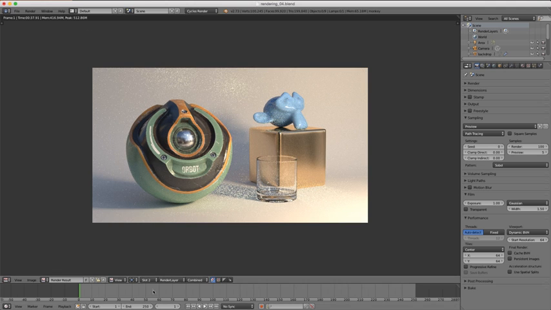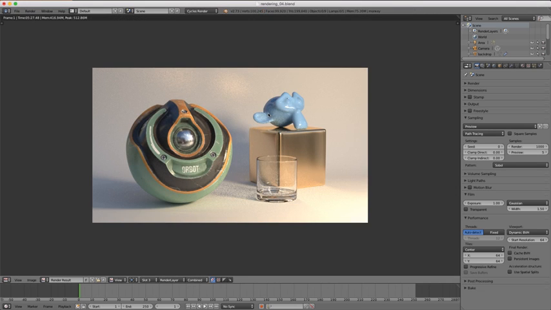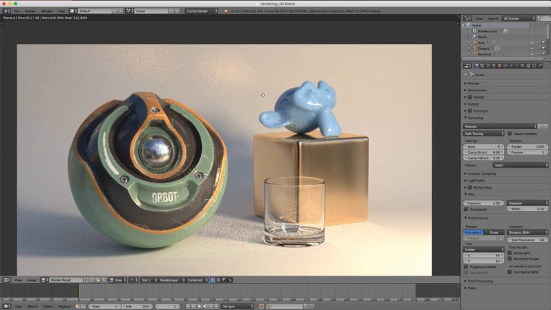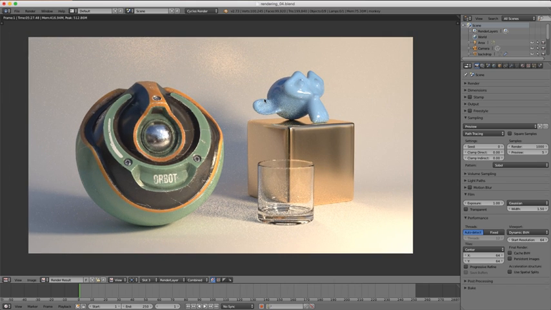So now we'll switch to slot 3 and jump to 1000 samples. Here we are, 1000 samples, took 5.5 minutes. Quite a big difference from 37 seconds for 100 samples and 5 seconds for 10, but the quality is also much higher. But even still, 1000 samples is not enough to get rid of all the noise. But at 5.5 minutes, our render times are starting to creep up. And from here, 2000 samples is going to take about 11 minutes and keep going up and up until it's